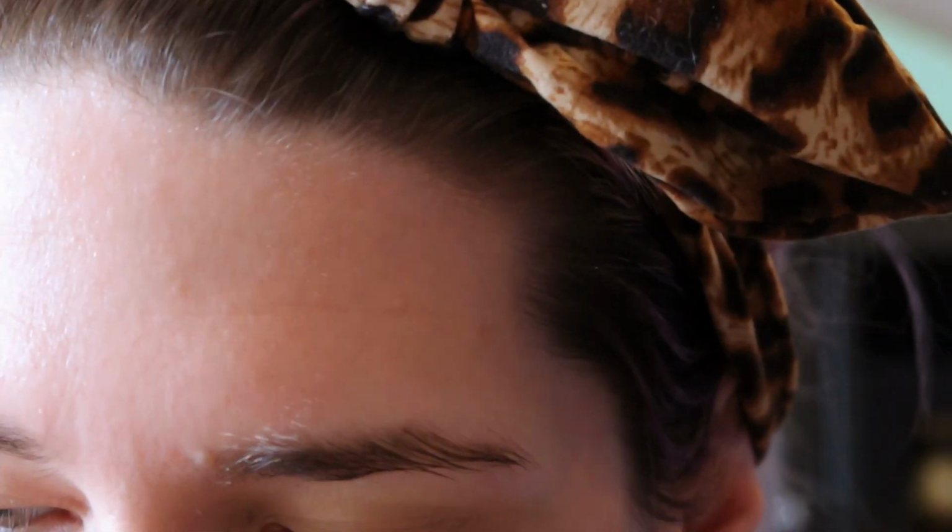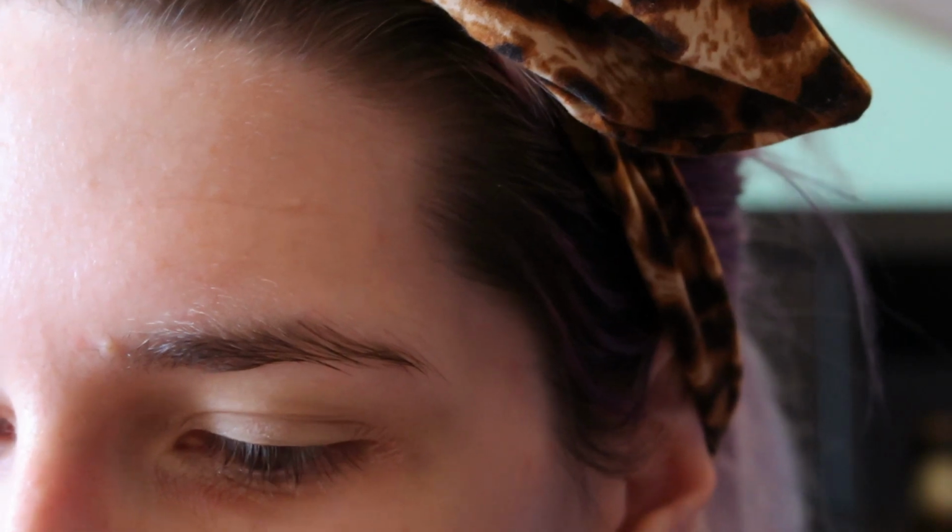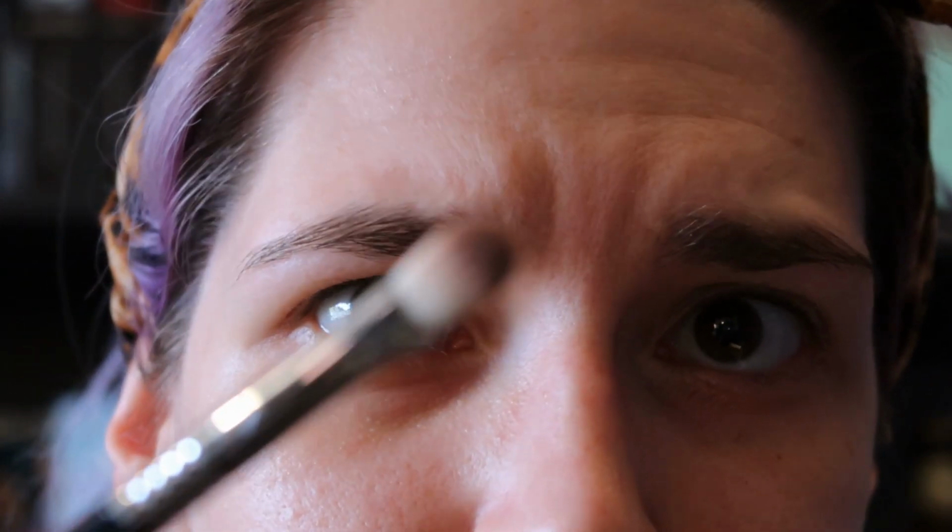Really like it. Why I first prime my eyes, then my face, then my lips is so that every primer has the time to set before I apply makeup to it. So I'm now going to get you back on my eye. I am taking this Sigma Detail Blending, the E27. It looks like this, it's a little bit dirty. And I'm going in